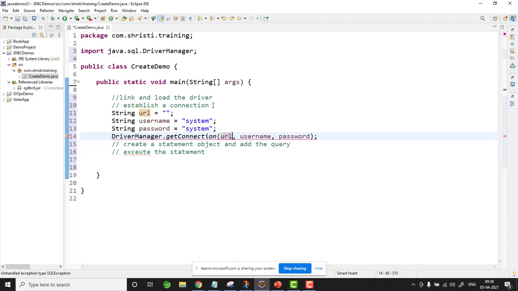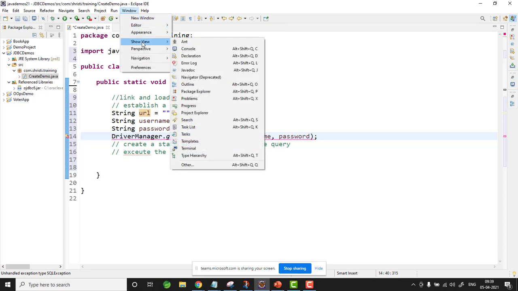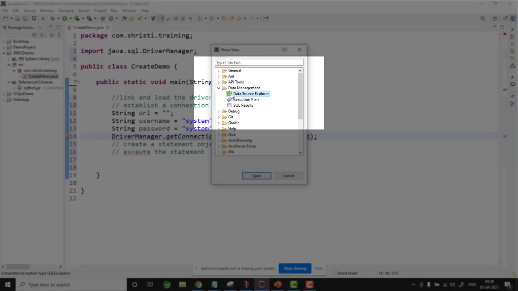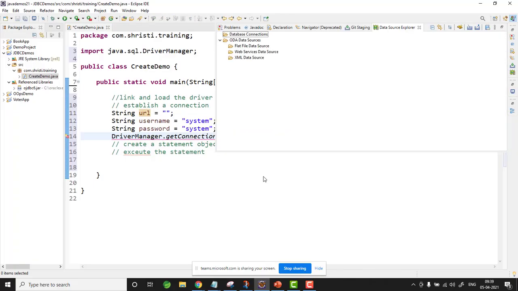Now how to get the URL, where exactly it is available? Again you will make mistakes. So to avoid that, I will show you how to integrate Oracle to Eclipse. And then from there you can get the URL. So now guys, again you have to do it together with me. Go to Window, Show View. Here actually if you are working with the normal Eclipse, you will not get it. If you are working with the Eclipse that I have told, like the JEE version, here only you will get it. Go to Window, Show View, Other, Data Management. Inside that, Data Source Explorer, click Open. You all are getting this?